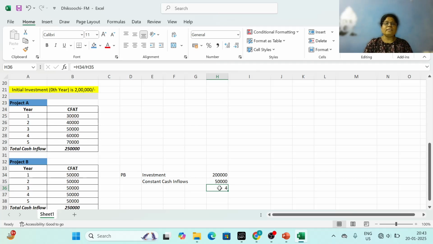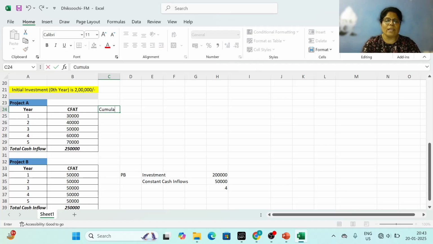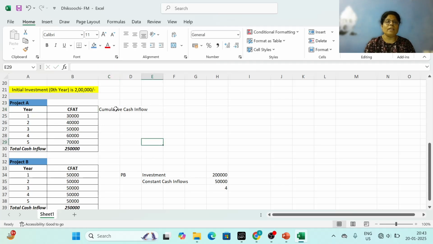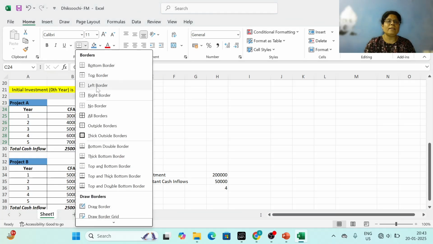Now let us see project A, right? This has unequal cash inflows. In that, the first thing we need to do is calculate the cumulative cash inflow. I think you know how to calculate the cumulative cash inflow, right? So how this will be calculated is